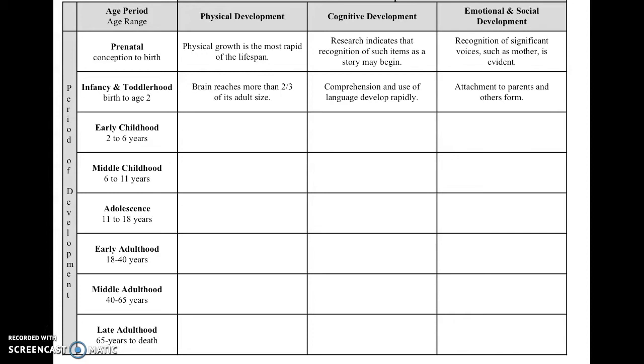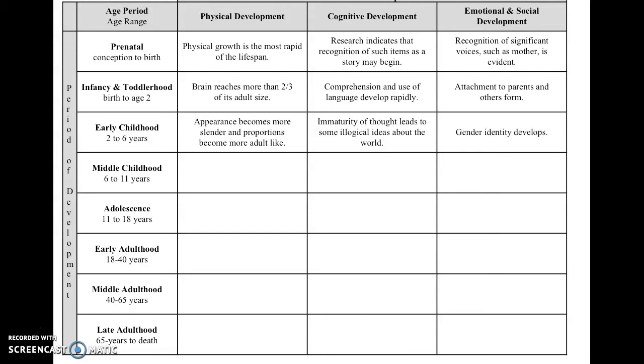Moving to early childhood, we start with the physical development with the fact that appearance becomes more slender and proportions become more adult-like. Certainly our 2 to 6-year-olds still look like children, but as they start walking, they tend to lean out. Plus, their proportions change as they effectively grow to catch up with those big heads that they were born with. In terms of cognitive development, immaturity of thought leads to some illogical ideas about the world. As Piaget describes, children are in the pre-operational stage where they don't yet use operations or actions that obey logical